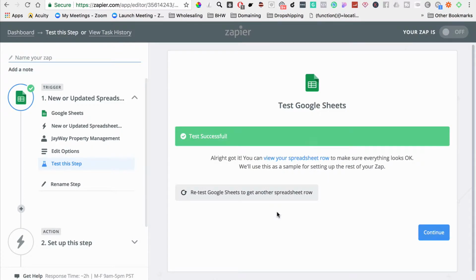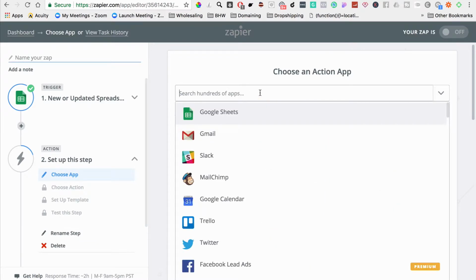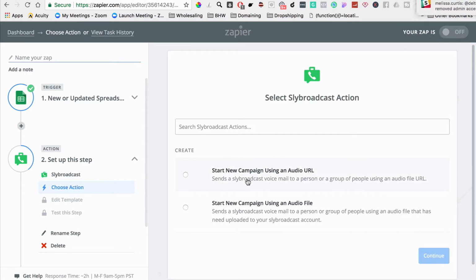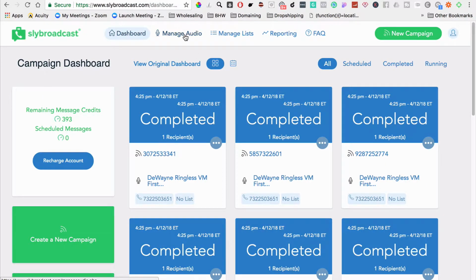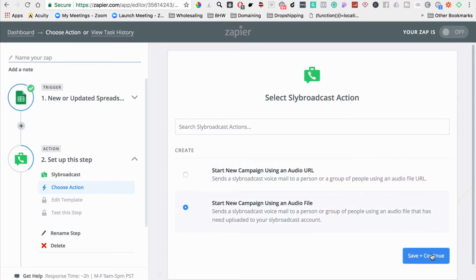And now the next thing we're going to do is add the action. So we're going to click continue, and the action is going to be Slybroadcast. So we're going to search Slybroadcast. All right, and we're going to click on start new campaign from audio file. You can start a new campaign using an audio URL, but we're going to do audio file because the audio file is already in Slybroadcast. So you want to make sure that you add the audio file to your Slybroadcast account by just going to manage audio, upload, or create new audio recording. So we're going to do audio file, and click save and continue,